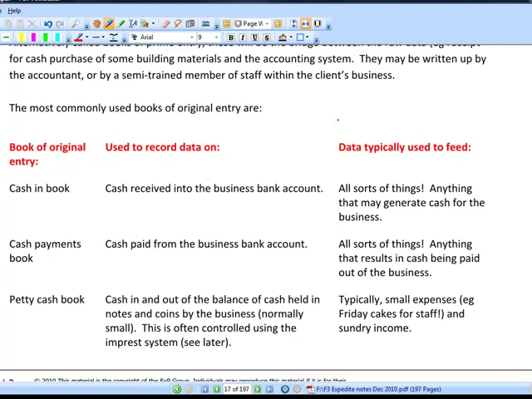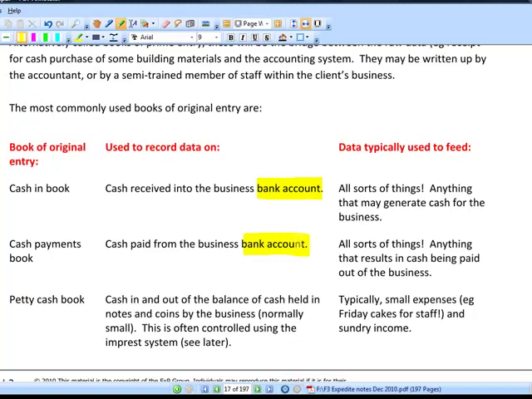Now, the thing that confuses people a little bit is that this doesn't record actual cash payments in notes and coins. The cash book records transactions that the entity knows about from the bank account. So let's say, for example, the business owner, probably a sole trader, does an online transfer to pay somebody some money that they owe. They will know about that straight away and they'll record it in the cash payments